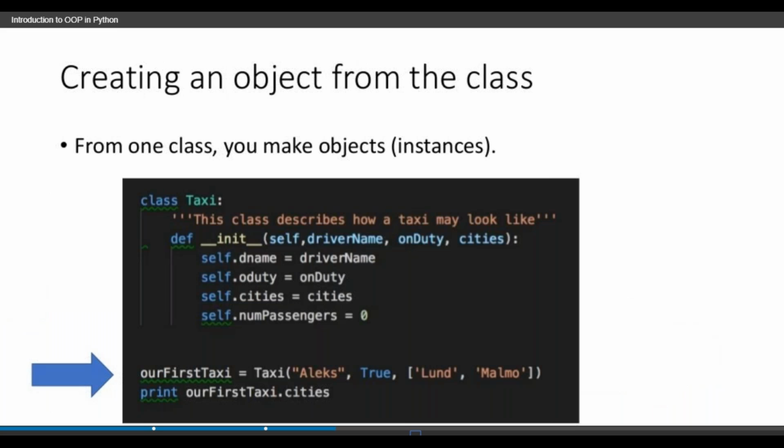You make an object; object means instance, right? Then class Taxi colon. This is the syntax. Here we want to describe how a taxi may look like. def double underscore init double underscore self, comma, driver name, comma, on duty, comma, cities, colon, self dot dname is